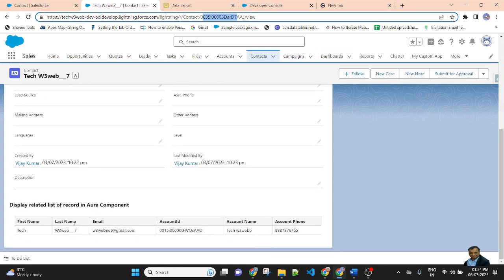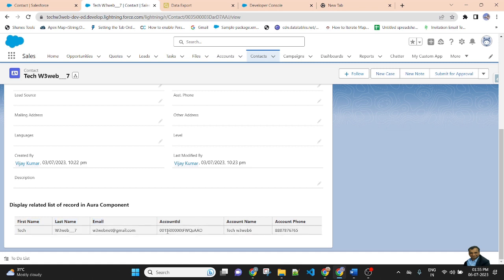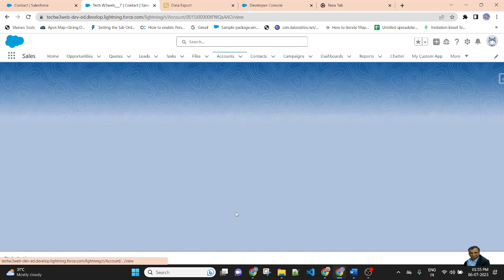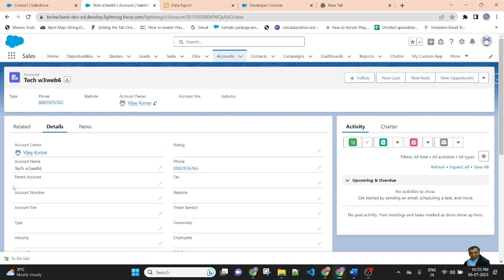So this is the first name, last name, and email. It is a contact, and account ID, account name, and account phone. It is the related list of data of the account. This is the lookup relationship account name. If checking, check. So this is the name of the account, and this is the phone number.